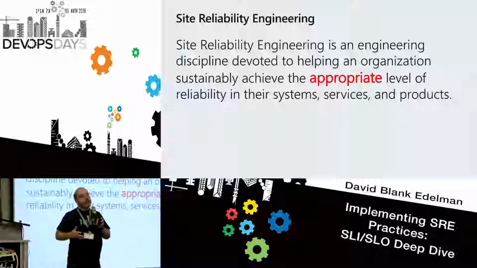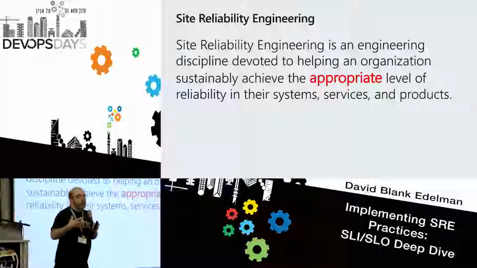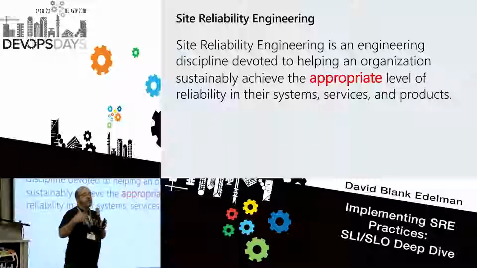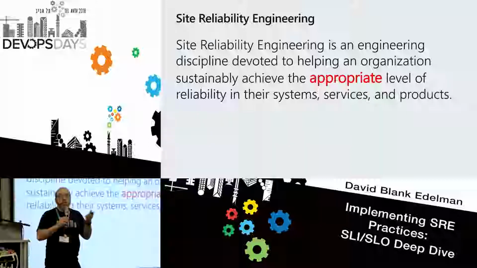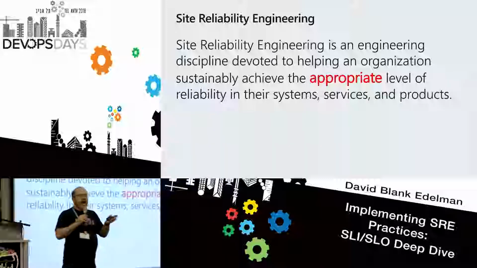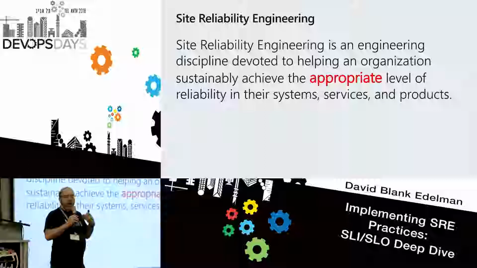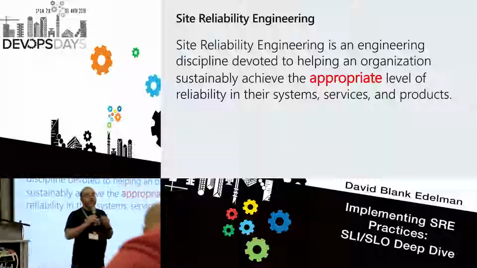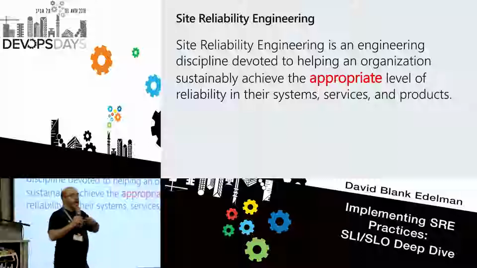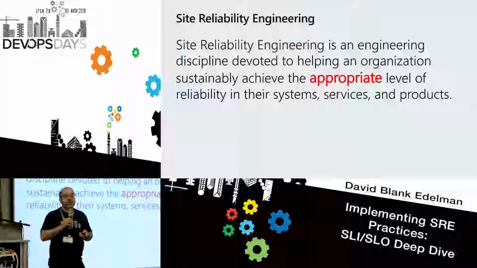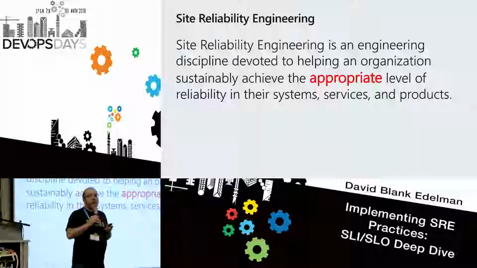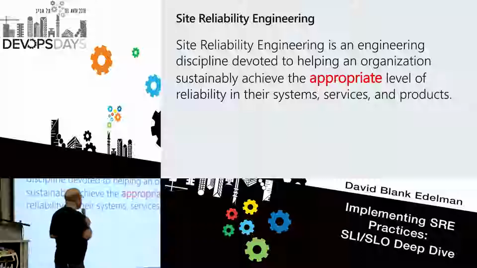And there are many reasons for that. One reason is chances are, even if you create the most reliable thing in the world, you're going to be using something that has dependencies. And I bet those dependencies aren't 100% reliable. Or let's assume that I have an application and it is on the web. I don't know what the ISPs are like in Israel. Are they up 100% of the time? Oh yeah, sure. So there you go, right? If they're not, and you have poured a lot of money into it, and your users and customers can't get to your thing 100% of the time, it's not worth it. There are lots of other good reasons that we can talk about why 100% is the wrong goal. So that's why appropriate is important.